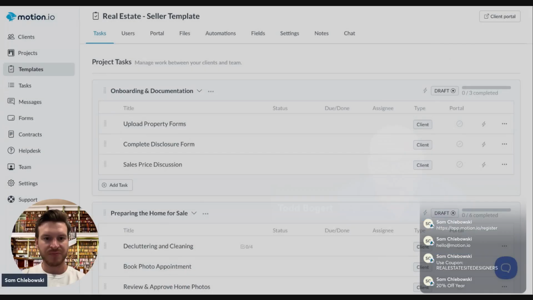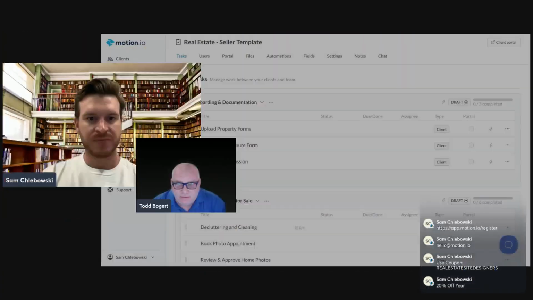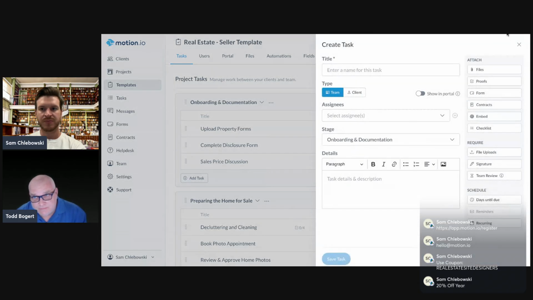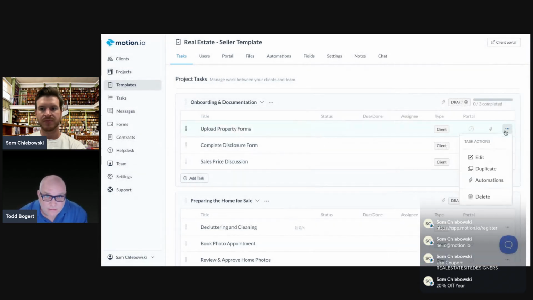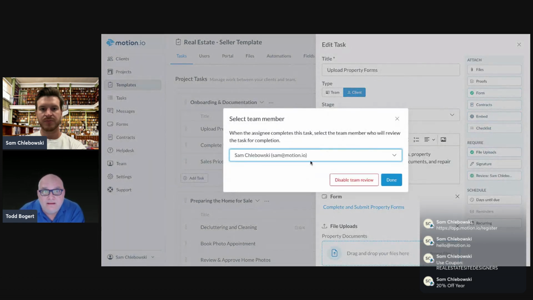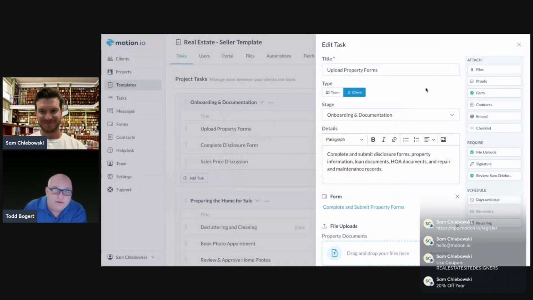All right. So the only other thing that I wanted to mention that I've used is the review tab. So anytime you have a task or a document gets uploaded or anything like that, if you have additional team members in your account, you can assign that task to be reviewed by somebody else. So if you had something like a transaction coordinator or an admin assistant and you added them to your Motion.io account, then when a document gets uploaded or a contract gets uploaded, it doesn't have to be you that reviews that contract. It could be your admin person or your transaction coordinator, somebody maybe who knows the contract better than